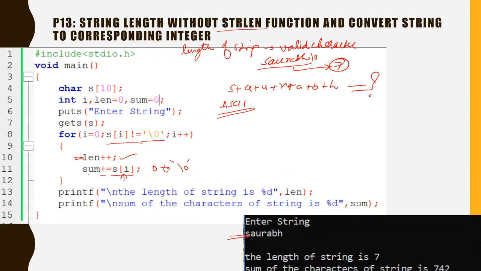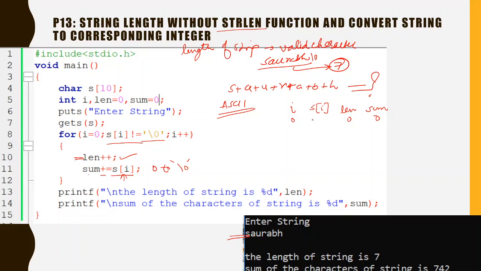If you want to see it further, you can make a variable table. I will write s[i], then the value of len, then sum. Initially len, sum and i are all 0.